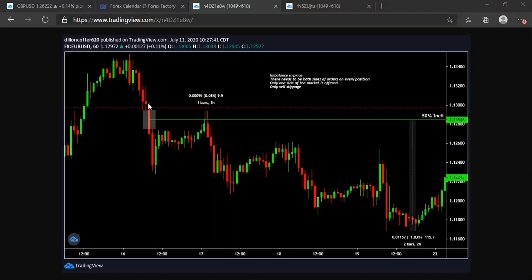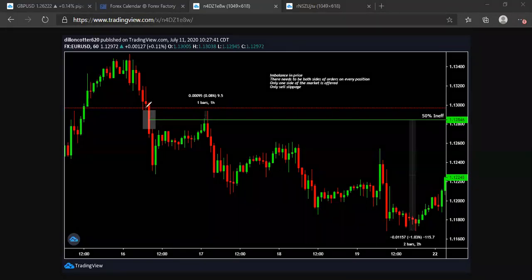So when there's inefficiency in price action, it's showing that only one side of the market was offered. So in this instance, only sell orders were offered in the market. There was sell slippage in this market right here. So to capitalize on these moves, right, we will go from, you can go from wick